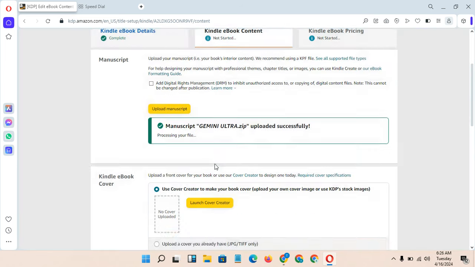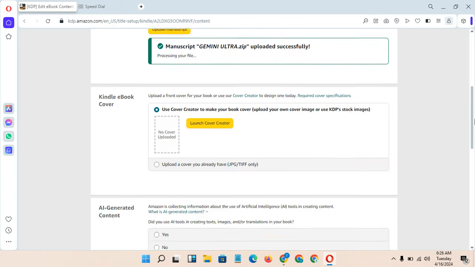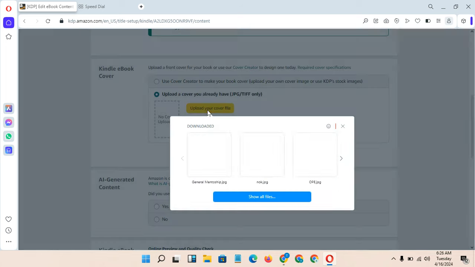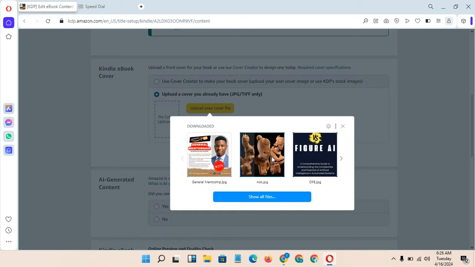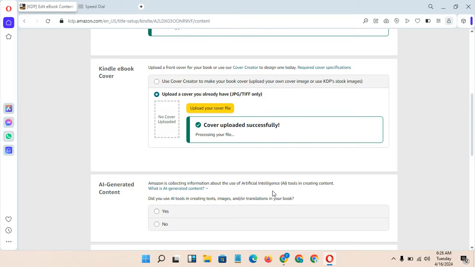So once you click on that, then come to the cover. Hopefully, you must have a cover for the book, which we'll be talking about pretty much. Click here, upload your cover. Let's say this is the cover I want to upload. Let me just click some random something. Once you click on the cover upload, you wait for it to finish uploading. So once it is uploaded, as you can see,